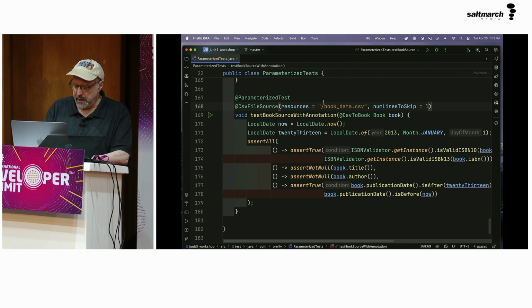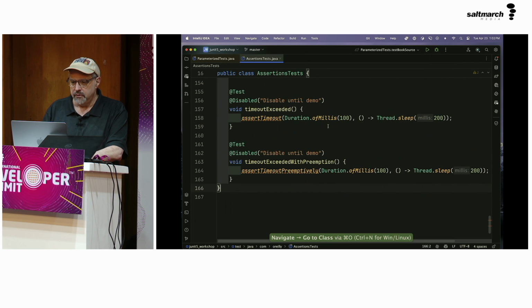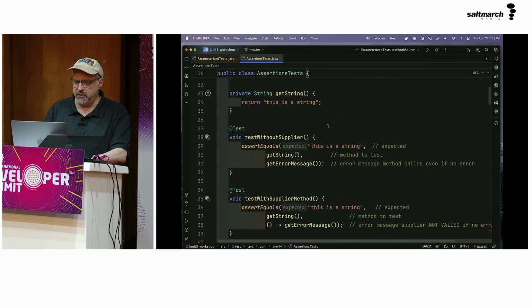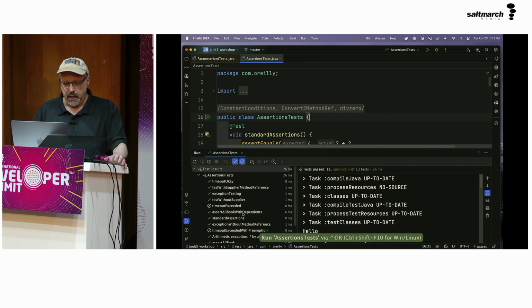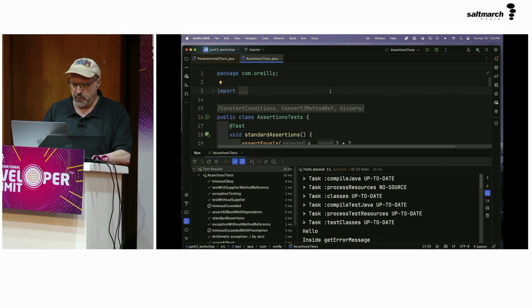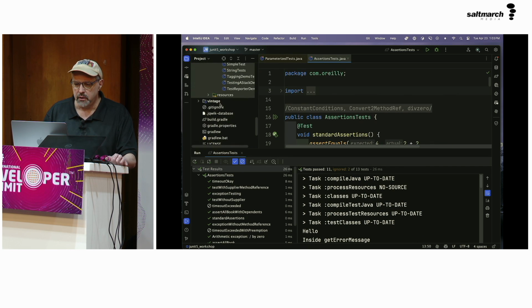So if I go back to my assertions demo, this is the one that has a bunch of tests in it. So let me run them all. And you can see that doesn't take long to run anyway. But there they are. But what I have in my source main resources folder